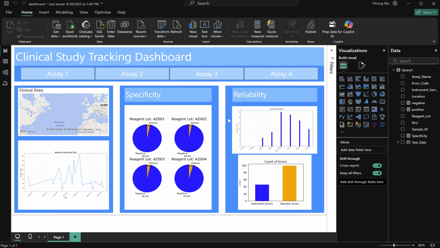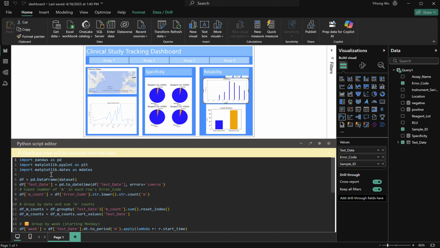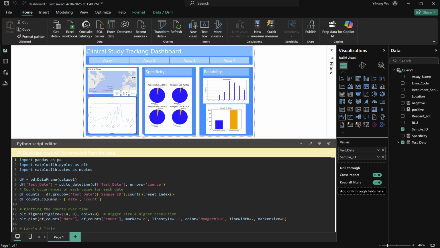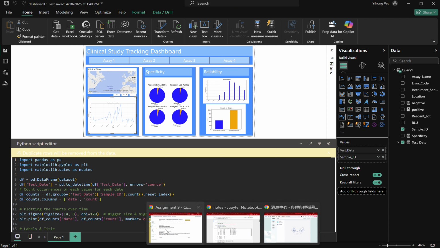the code I use to generate these graphs, these Python codes to generate this bar chart, this two bar chart, this pie chart, and this dot chart. So I will be using